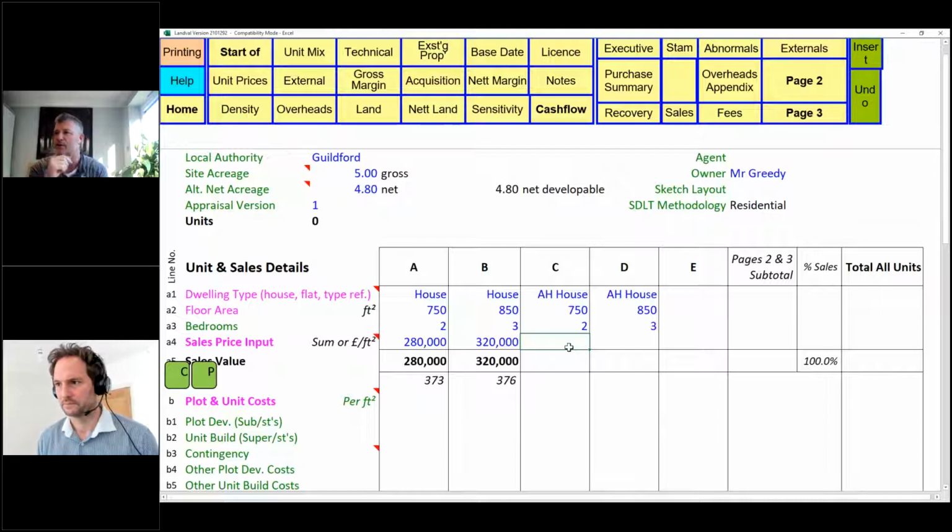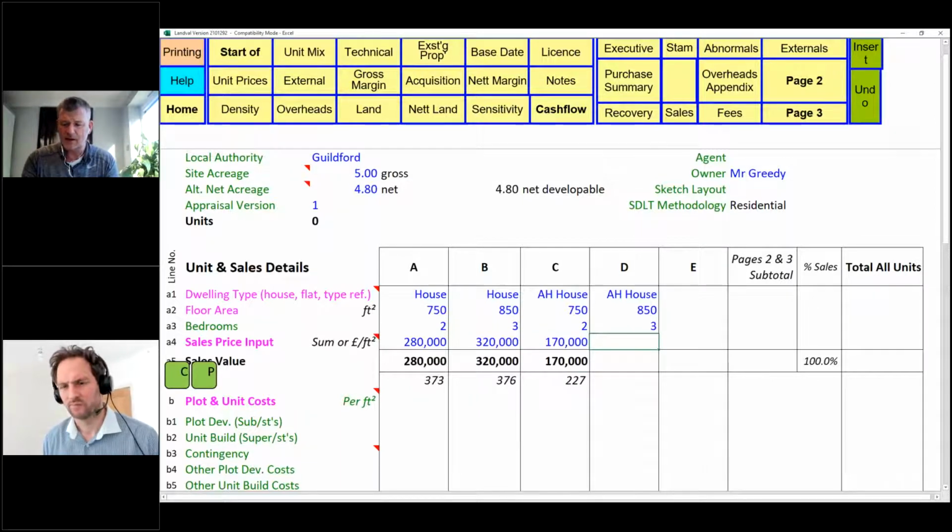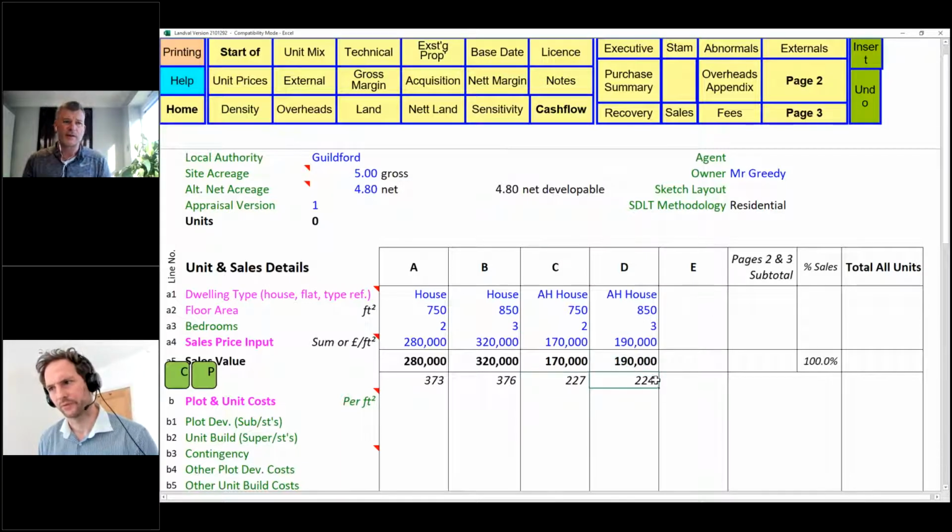I thought we'd go through the land value stuff first, and then if we've got time, we can go back into ProVal. So if we said, roughly, off the top of my head, let's say it's worth 170 and this one's 190. And you can see the difference in here. If you knew roughly what the square footage sales price was going to be, you could say it's 300, and we give you that. But let's go back to what I said. So there's the basic information.